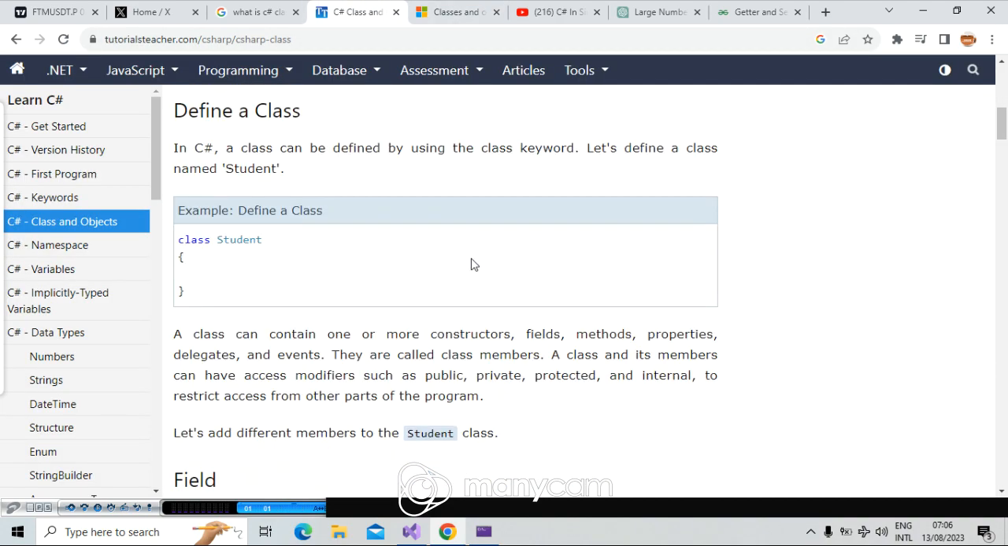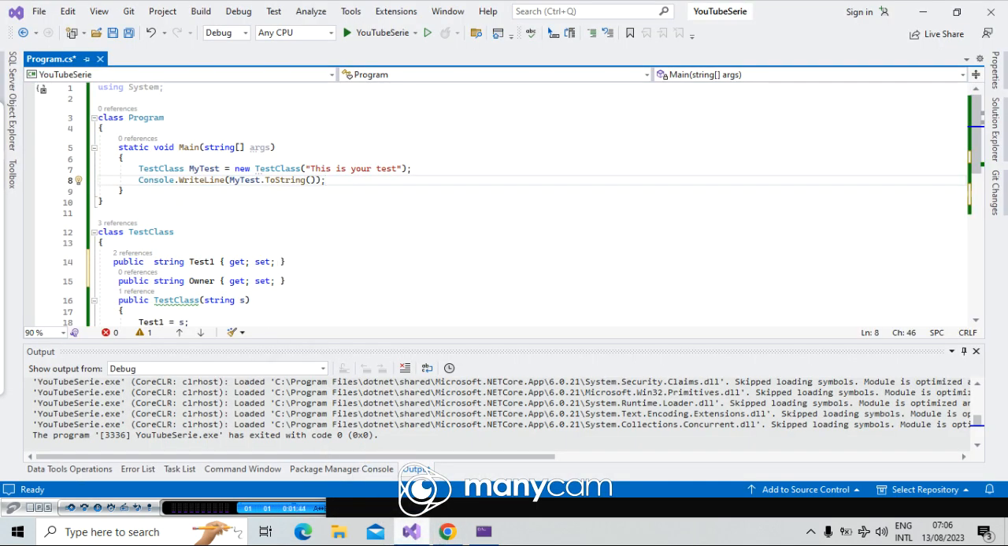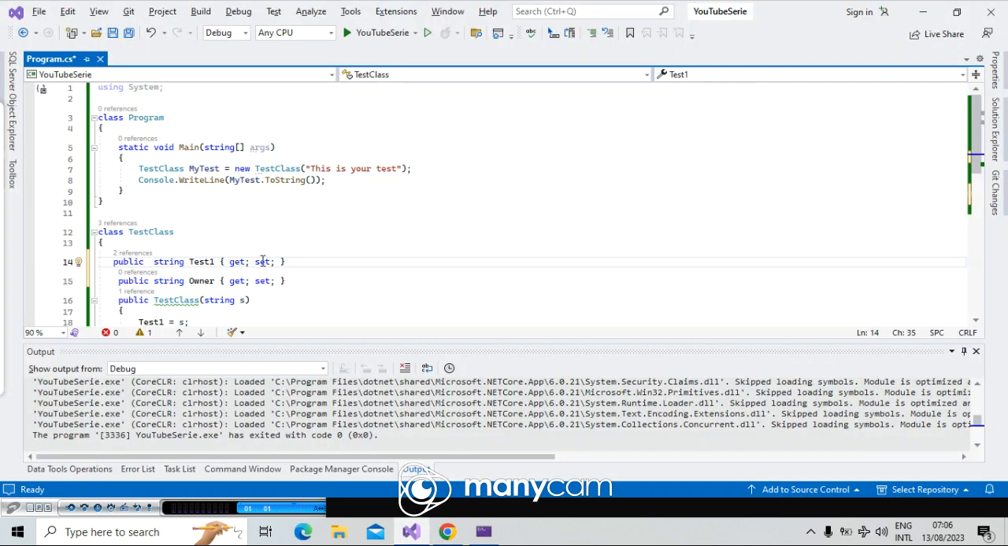Let me see what I get here. For example, getter and setter. Here, for example, I have get and set. You see that, for example, I have here if, and you put it here. Here is get, you say test1, string test1. When you get a string, for example, this I have here,